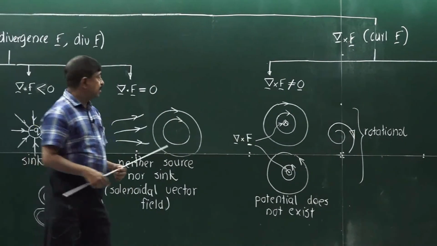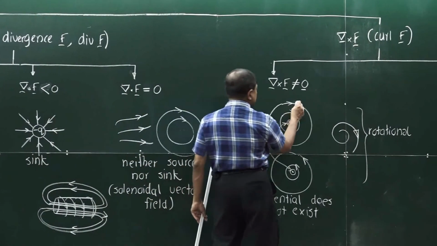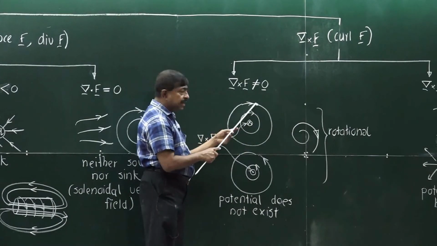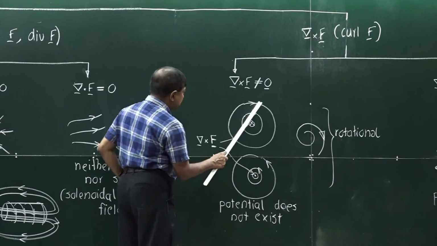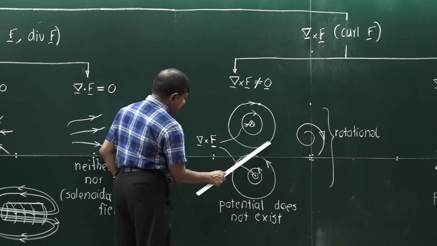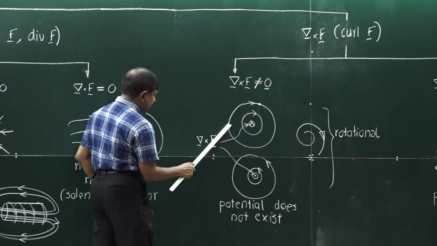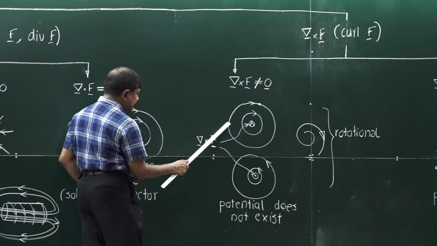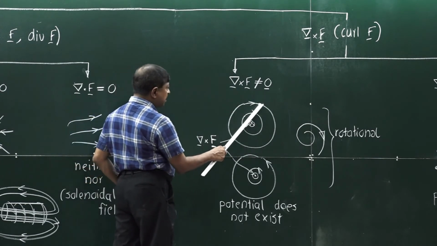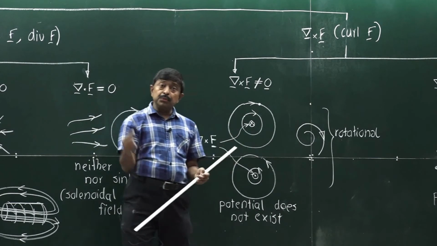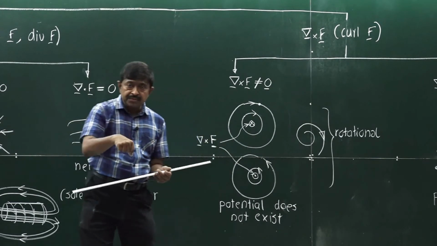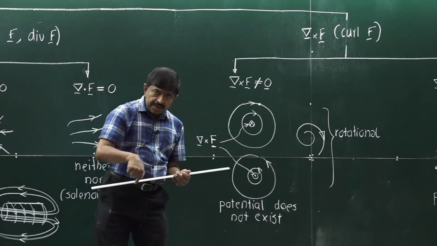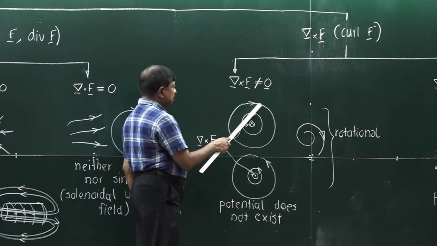Why? This is the reason. You take a point, for example, here, right. Now, say you have a certain energy level. When you go this way, there is a work done by the vector field, because according to this arrow, there is a work done according to the vector field. Now, after coming back, you can come back to the same point. You start with some energy level, there is a work done by the vector field, and again you come to the same point.